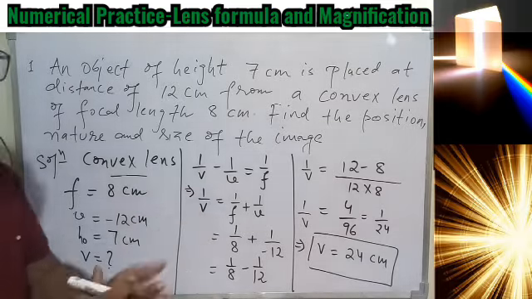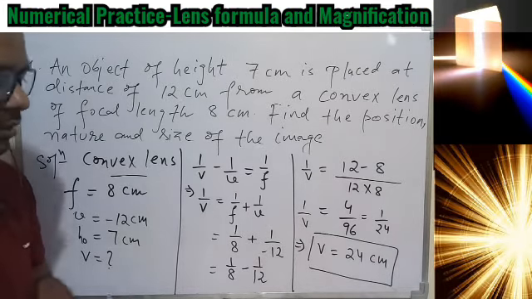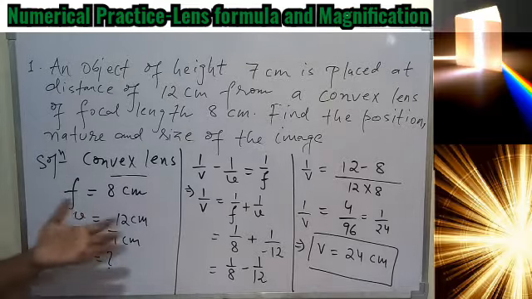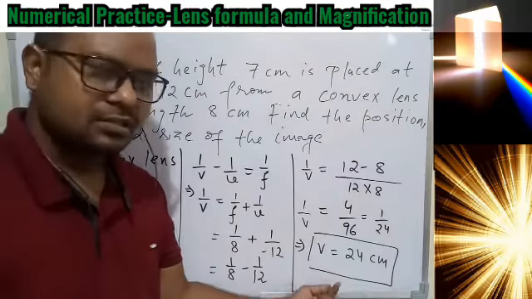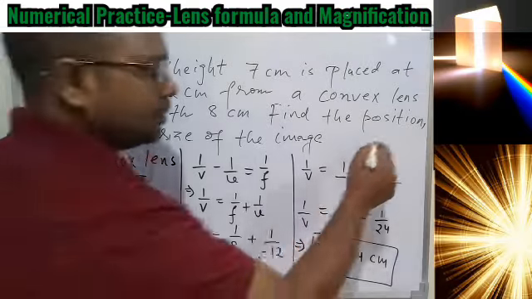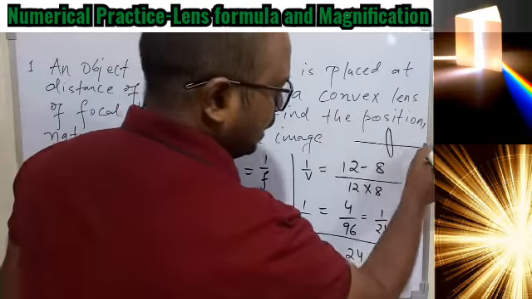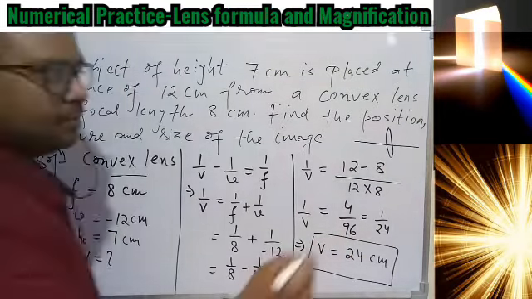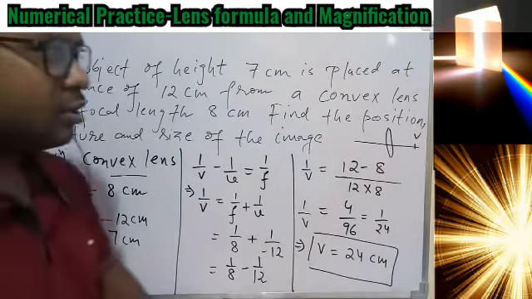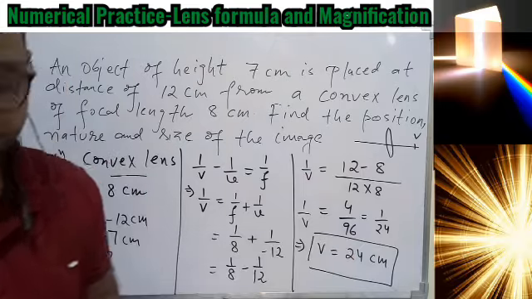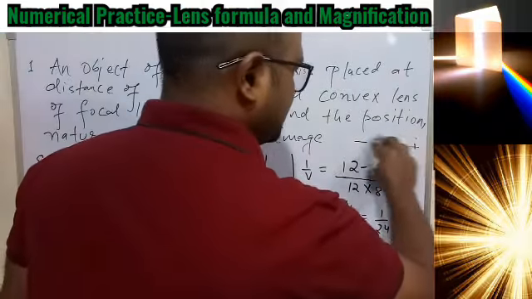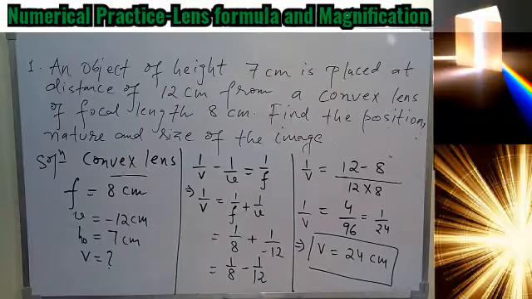So you can check the calculation also, and I hope I have done all things correctly. This is just based on the lens formula. We understood the image distance is 24 centimeter, which is coming positive, and we know in the case of the convex lens, if the image distance is positive, the image is formed on this side, and the image formed by the convex lens will be real. So from here only we can identify the image so formed is real, but we have other methods as well.